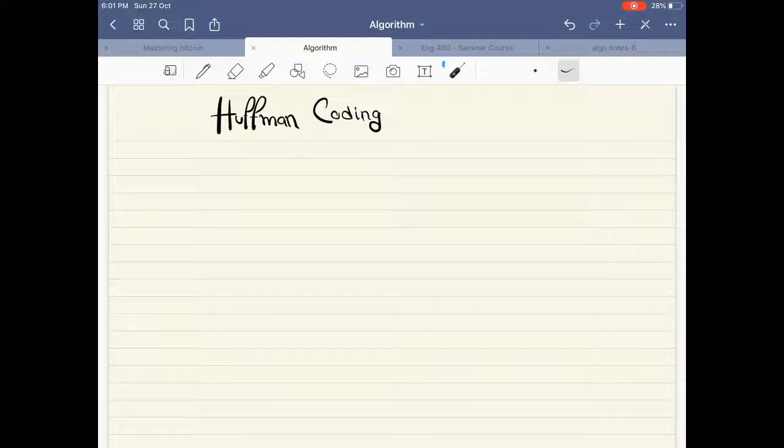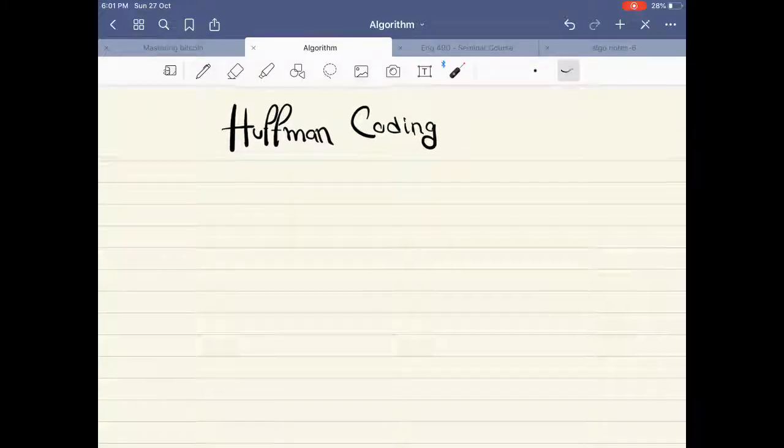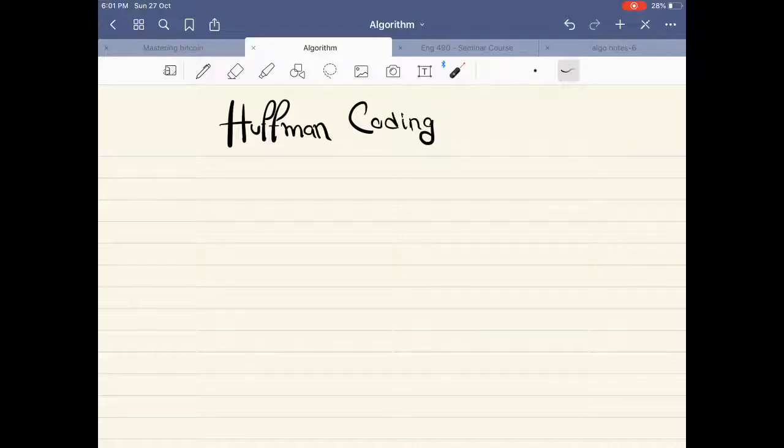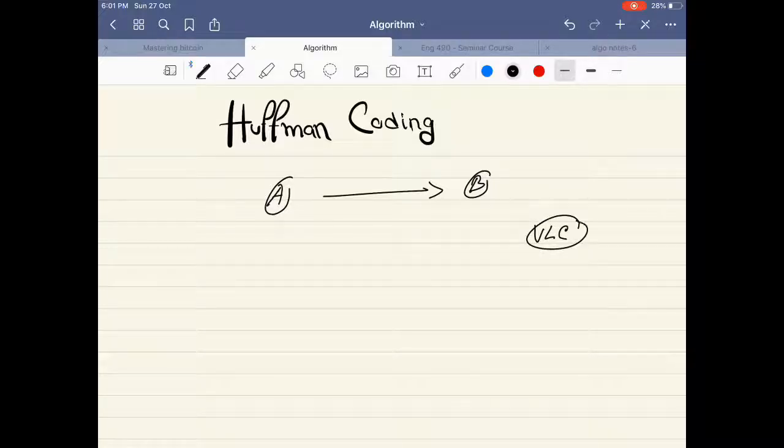So coming to VLC and compression of data. So you want to send a message to your friend, like, so this is you and this is your friend, so you want to send a message to them. However, let's say the message is really big, so you want to compress the message, right? So what we do, we use VLC. So VLC stands for variable length code, and to understand this better, we need to understand the concept of